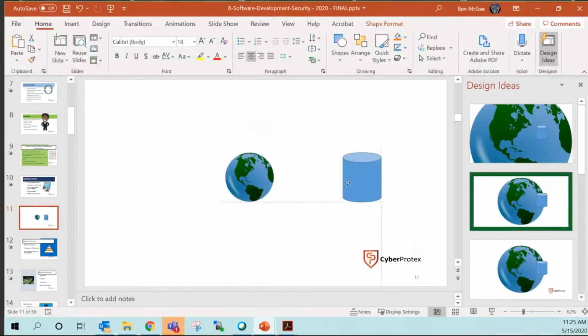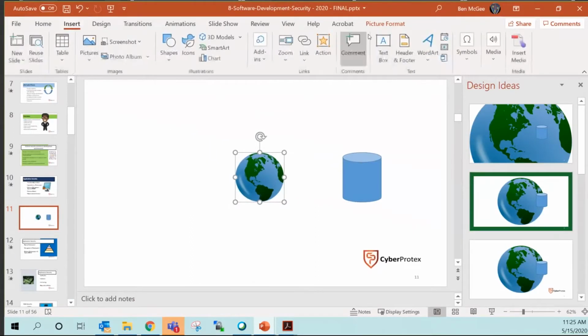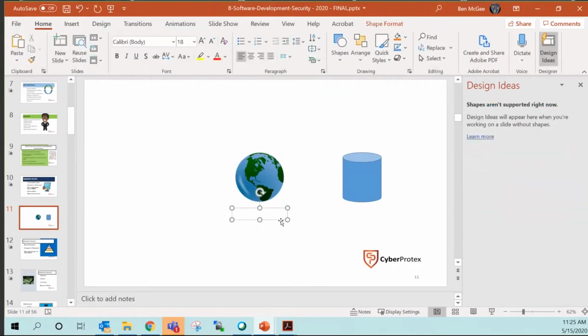And the world is going to denote a web server for me. That's what we're going to call it. Okay. So as I go through and I'm building this out, if you have any questions, then let me know. So a web server in